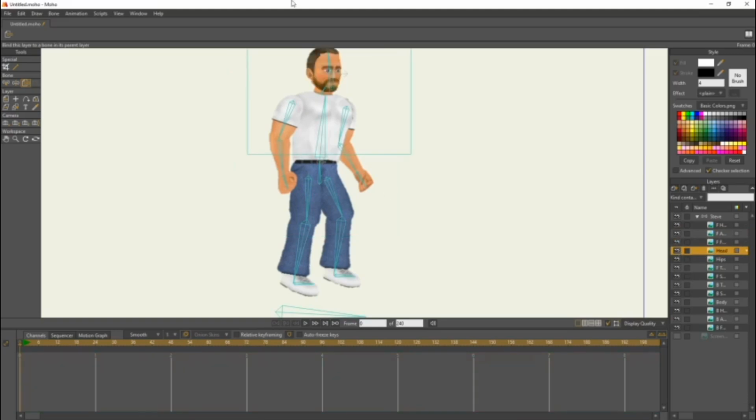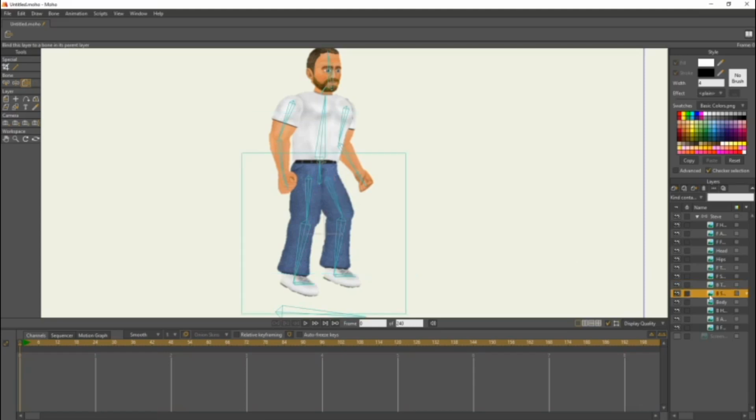So the head, we're going to connect that to the head bone. The hips should be the hips bone. I think this is front thigh. That one. Front shin is this. Back shin here.